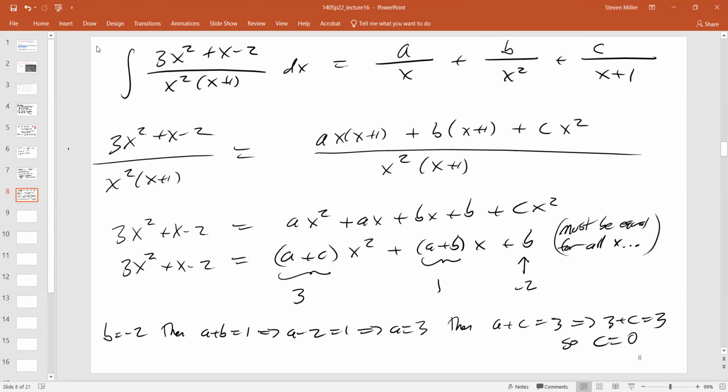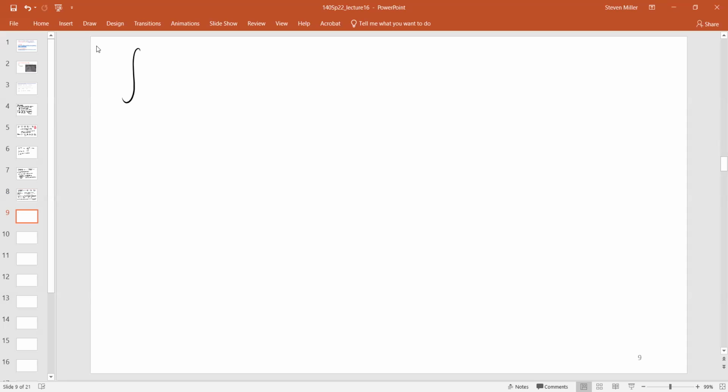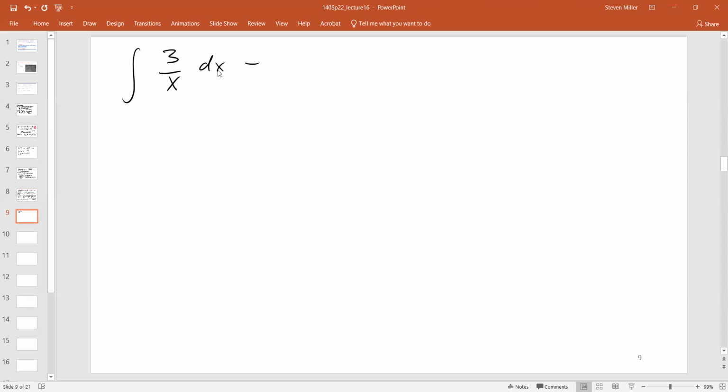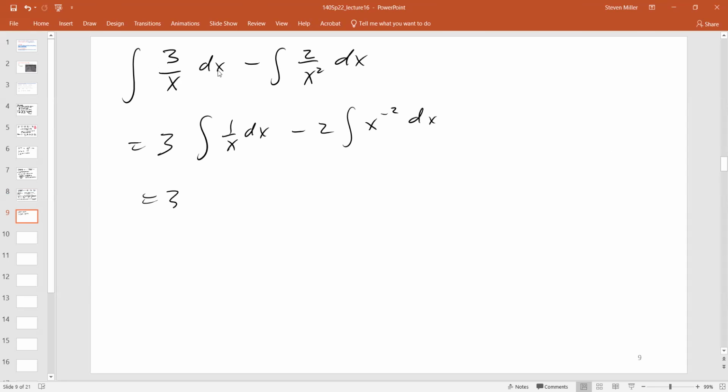So now we know what a, b, and c are. And now we can just do the integration. So the integral was a equal to 3, we had 3 over x dx. And then b was -2. Right? So this is all that we have to do now. Okay, so this is 3 times the integral of 1 over x dx minus 2 integral x to the -2 dx. So this is 3 natural log of x minus 2